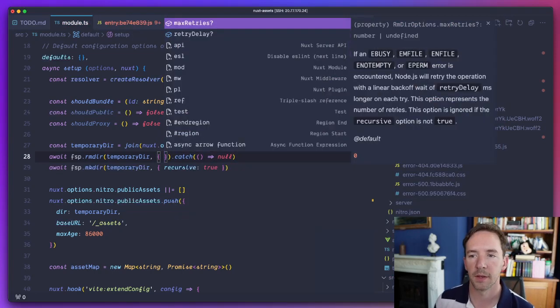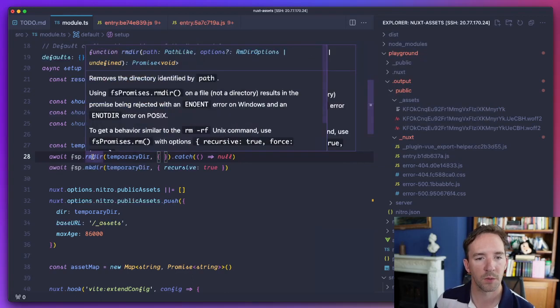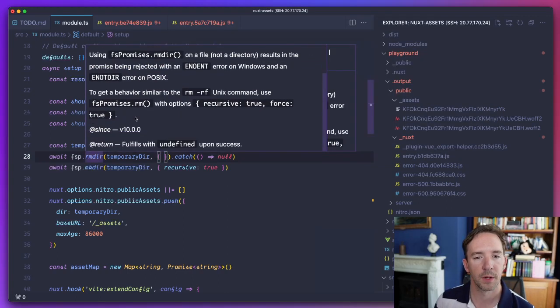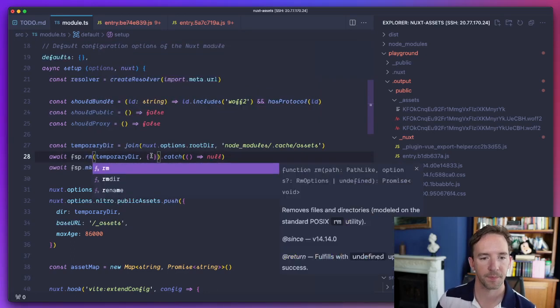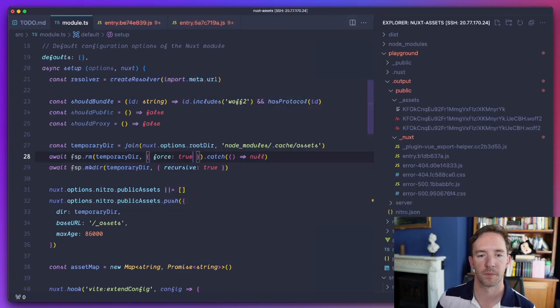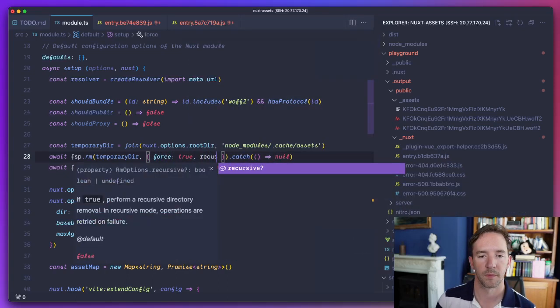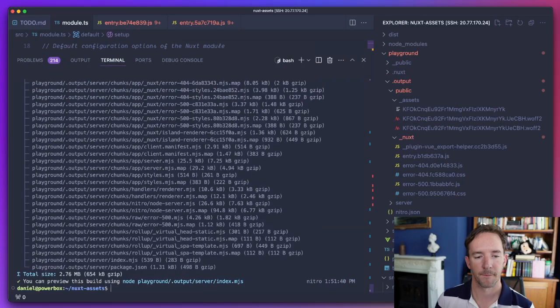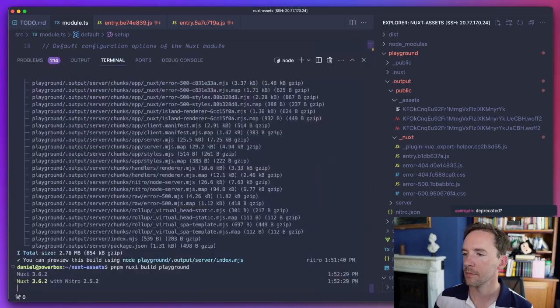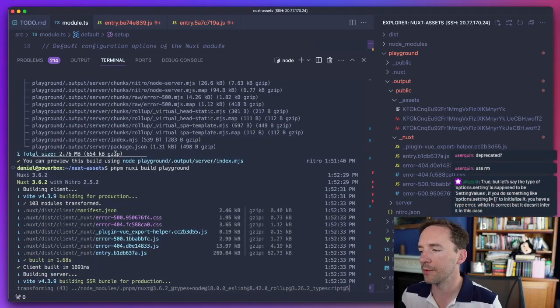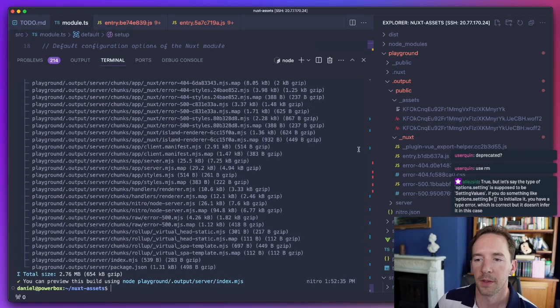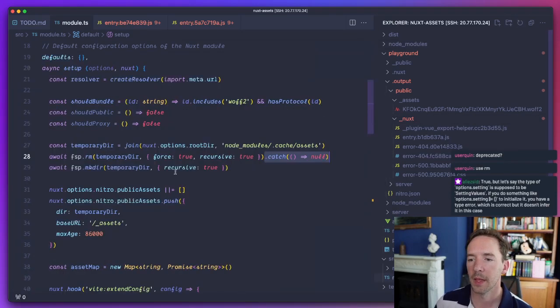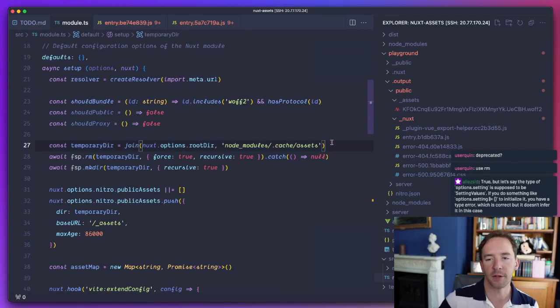What am I doing wrong there? So I want to remove the directory, but I guess I need to remove the contents first. Let's try that. It's only deprecated in remove directory. Okay, there we go. So we're clearing the directory, we are creating the directory, and then we are filling the